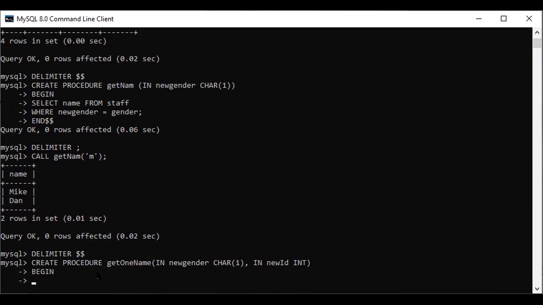Begin. Now I'm writing the code logic, I mean the main logic of the procedure. Select name from staff, the same logic that I gave before.